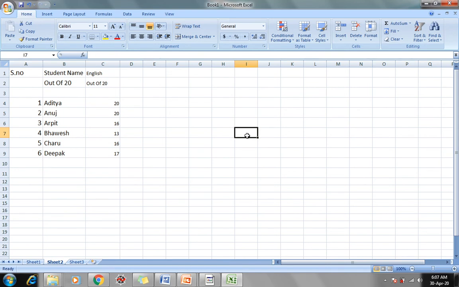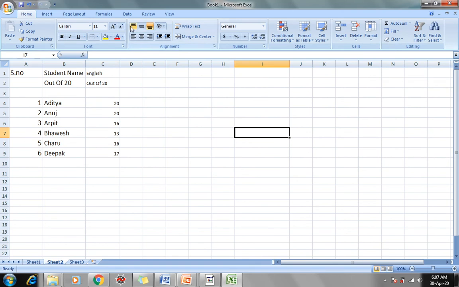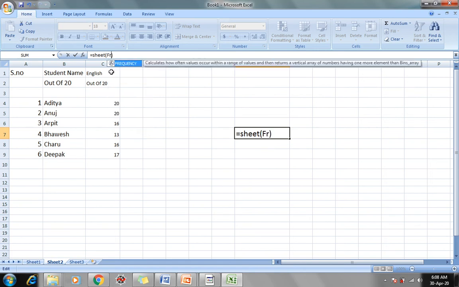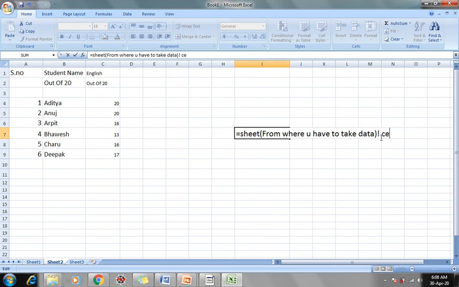The simple formula is, I am writing the formula here: equal to, sheet from where you have to take data, exclamation mark, then cell name.